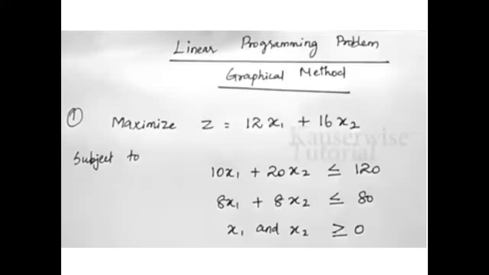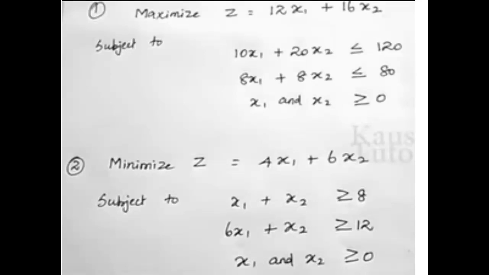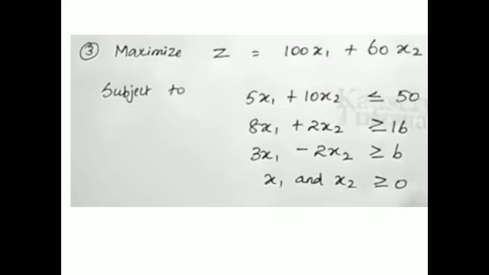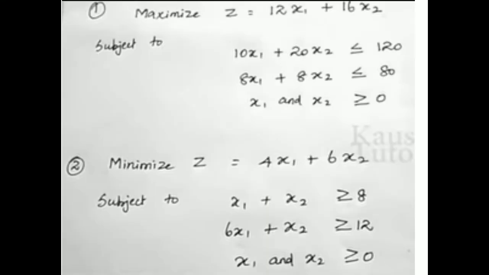Those three problems were maximization of objective function subjected to two constraint equations, minimization of objective function subjected to two constraint equations, and the last one was maximization of objective function subjected to three constraint equations. So among these three linear programming problems, the first one I already discussed how to solve it